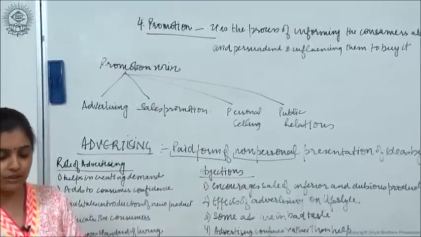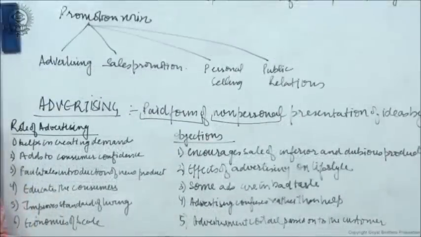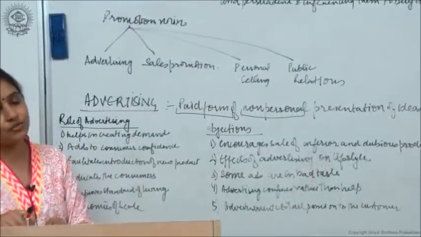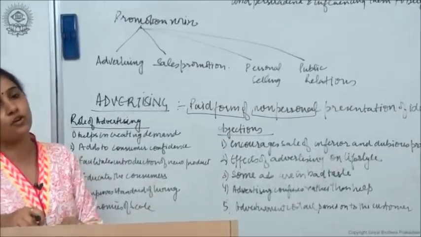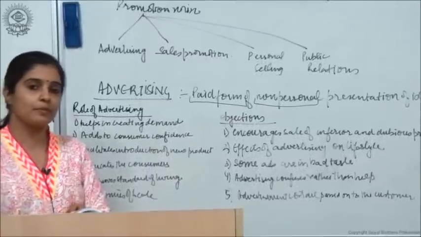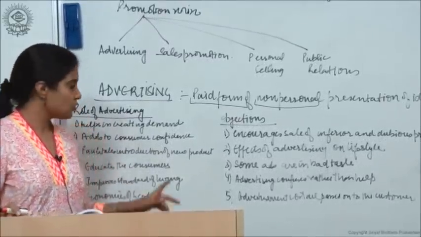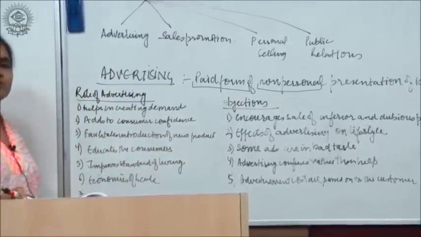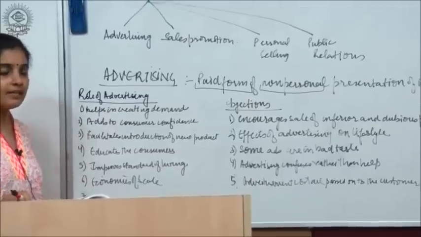Buyers come to know about the new products and improvements in the new products, and this leads to a better lifestyle. Then economies of scale. Advertisement helps in increasing the demand for the product. Mass orders आएंगे तो large scale production होगी. Large scale production होगी तो economies of scale, that is the per unit cost of a product is going to go down. So these are certain advantages, or in other terms we can say the role that advertising plays.